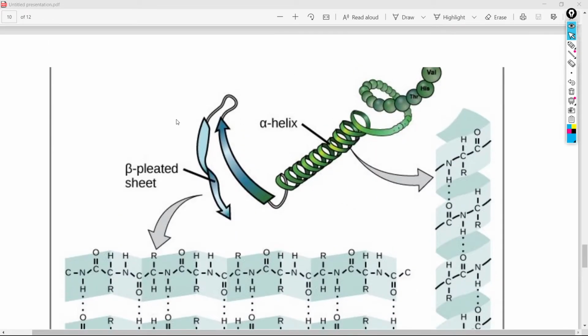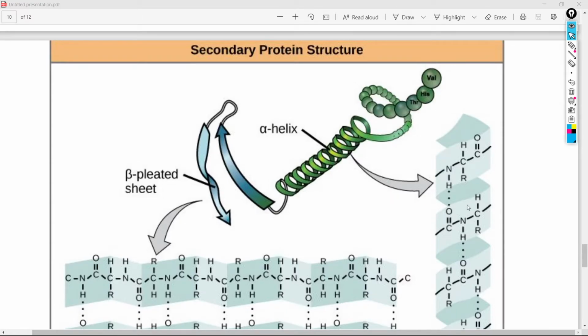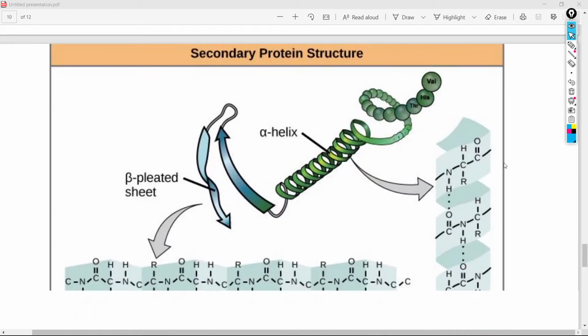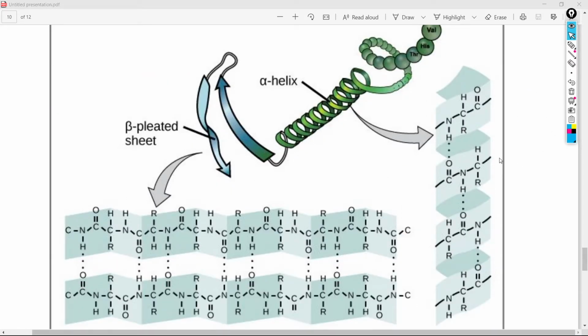structures that it can turn into, and this occurs as a result of the hydrogen bonds between the carboxyl group and the hydrogen atom in the amino acids. The first structure is a beta-pleated sheet, and it occurs when two different strands of polypeptides are in parallel structures. The second is the alpha helix structure, and this occurs when it forms a helical shape similar to a single